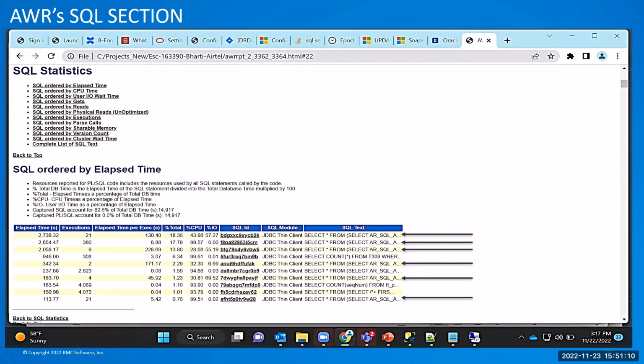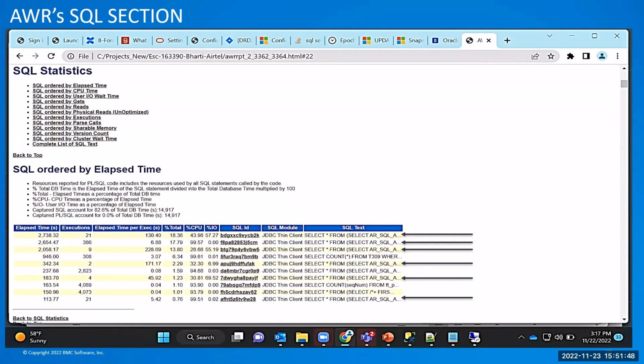And another important column is a column right in the middle, percentage IO. 57% of that total time of 130 seconds was spent doing I/O. So I would focus on these queries, the 130 seconds. The one below that ran 386 times in 7 minutes, an average of almost 7 seconds, and basically 99.5% of its time was spent on the CPU. So that's a good thing. It wasn't doing I/O, which would have been a little more resource intensive. But these are the queries I would look at right away,